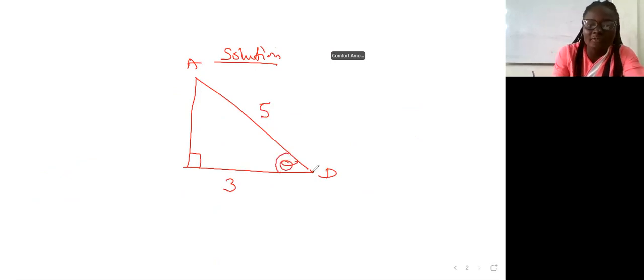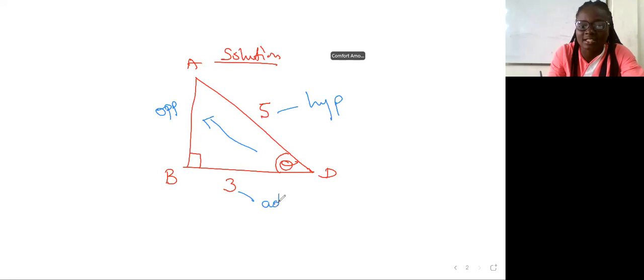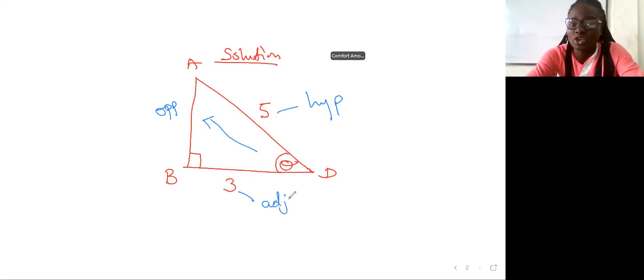So how do you find the angle? We have to use our trig ratios. Looking at where our theta is, this side will be our opposite. The angle theta is directly opposite to this side. And this side will be the hypotenuse, and this is adjacent. Excellent. Knowing this, which of the trig ratios do you think we are going to apply? Good. We are going to apply